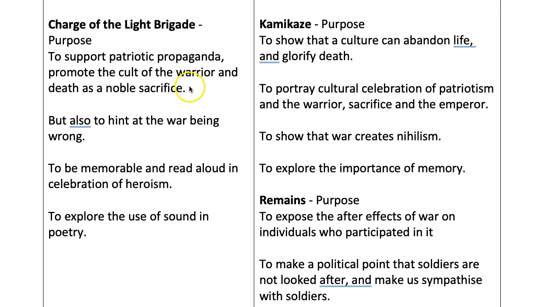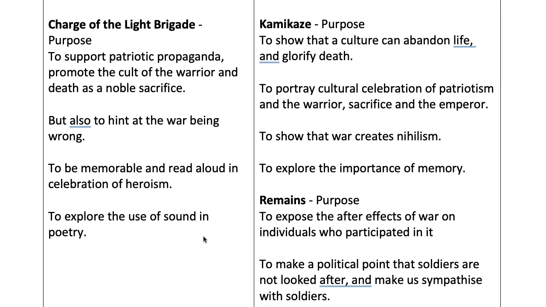They just died for no gain. So this is where we get the nihilism idea. And they both explore the importance of memory. So Kamikaze is also obviously about the memory of the father and family memory, whereas here we're talking about a